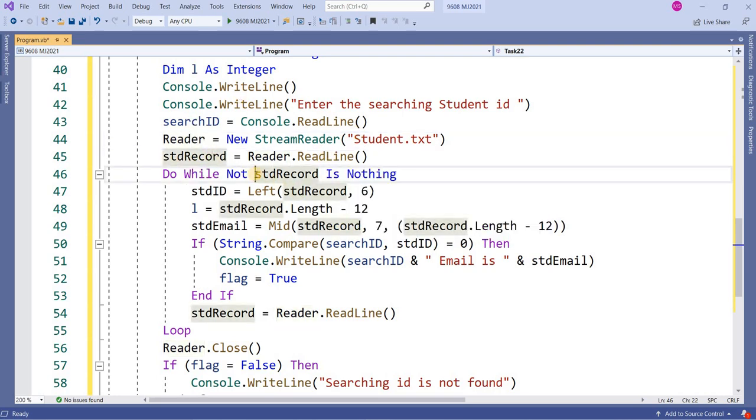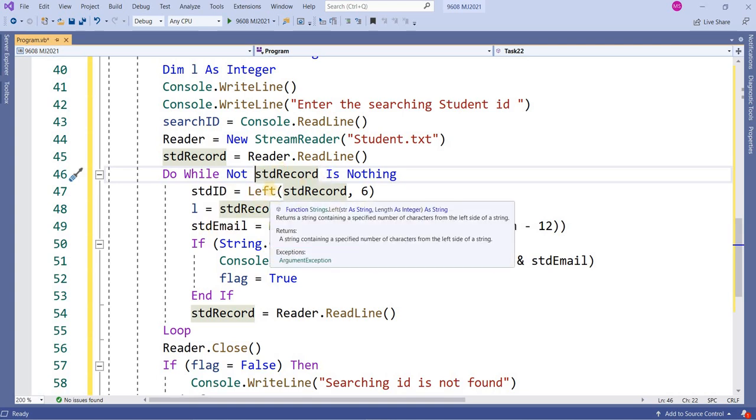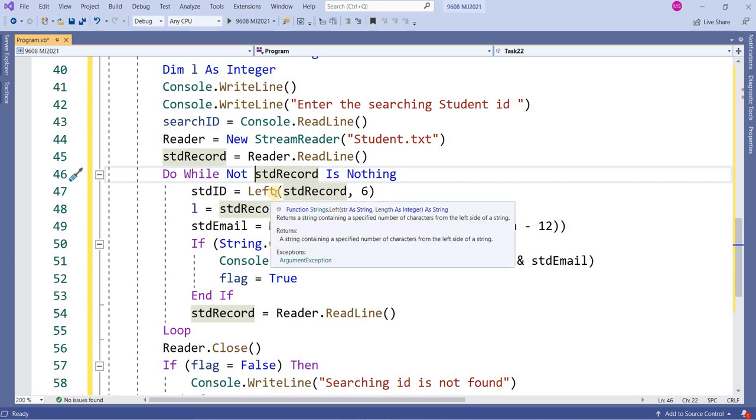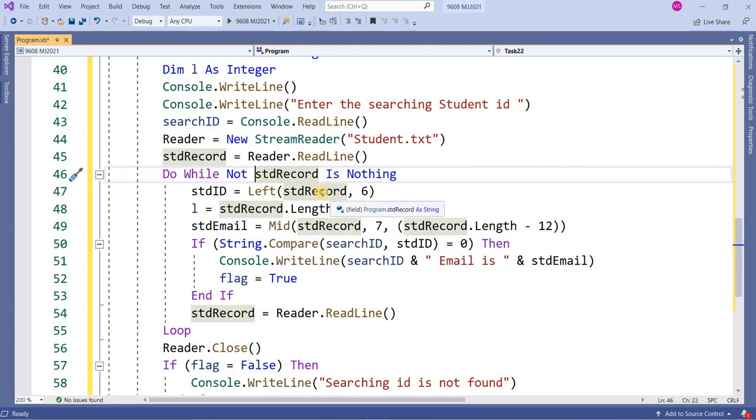It will move until the record is found in the file. I need to separate the fields, because all three fields are combined and stored in the form of one record. That's why I need to separate the student ID, because I know I have entered an ID of length 6. So I'm going to get the left part of the string, the six characters.